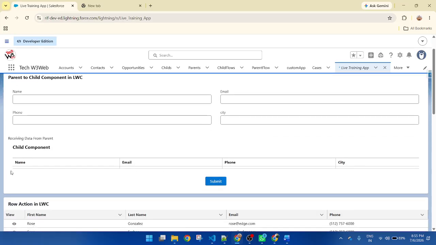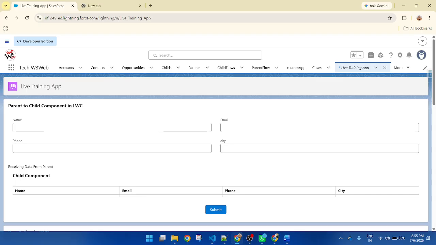So this time the value is not displaying. Whenever I fill all of the input fields and click on the button, all of the input field values will populate inside the table. Okay, Pratik? Yes, sir. Okay, so now let's check the scenario.